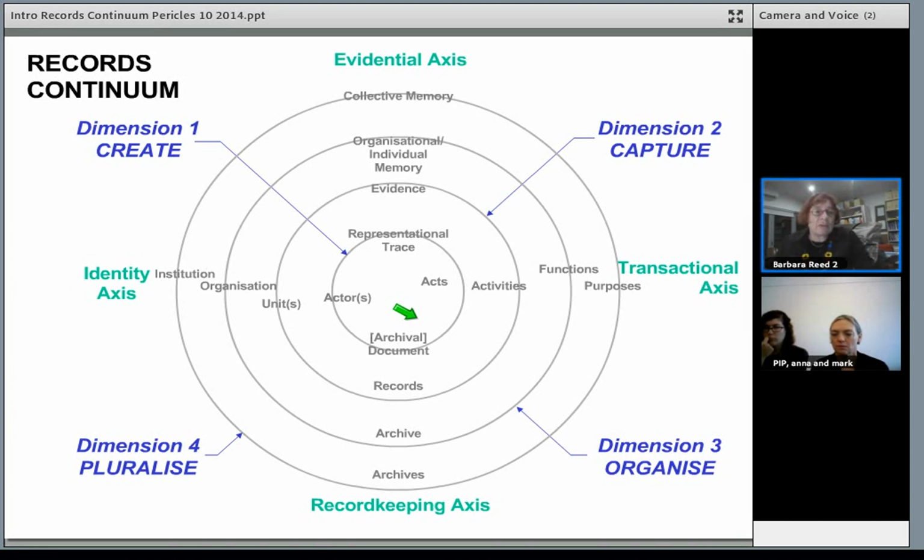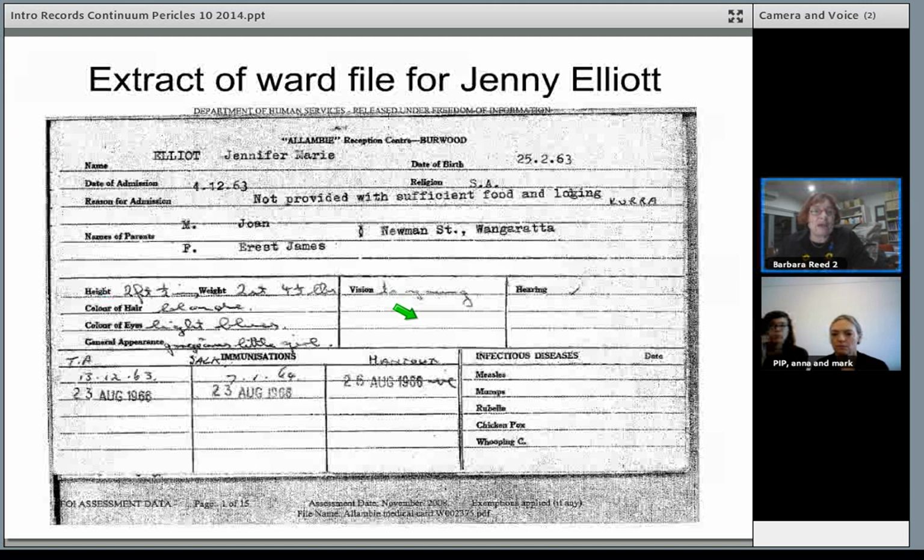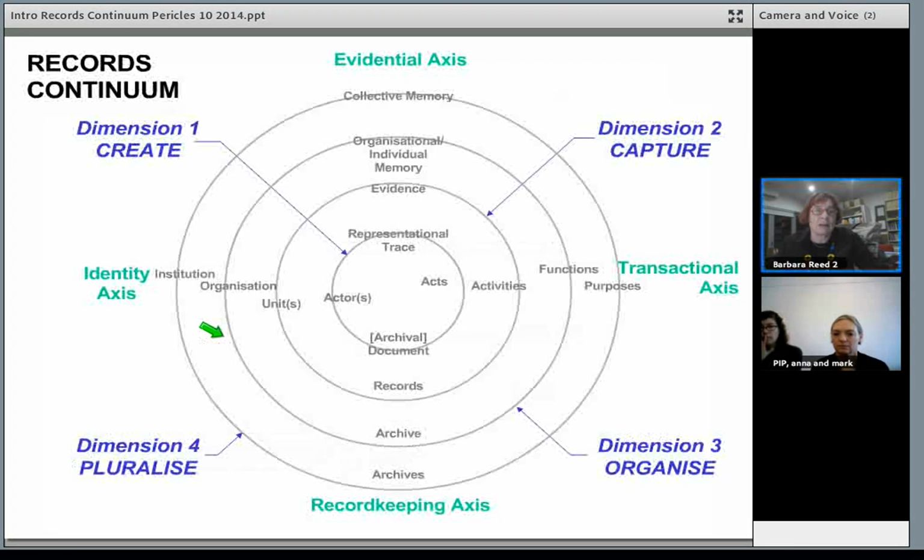But if we go back, we can see that there are comments on this card here, for example, which says "gorgeous little girl." Well, that's great for Jenny Elliott, but let me tell you, some of the comments on some of these records are not "gorgeous little girl," but they're actually defamatory, and they're pretty horrible, and very judgmental. There are judgments about families. There are really unsupported things in these files. It was a different time. It was a different place. There weren't record-keeping rules per se. So over time, we need to interpret some of these comments to understand how they came to be, and then when we're looking at them subsequently, how to understand them. So let me then tell you